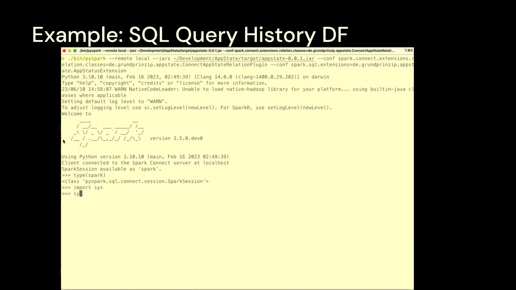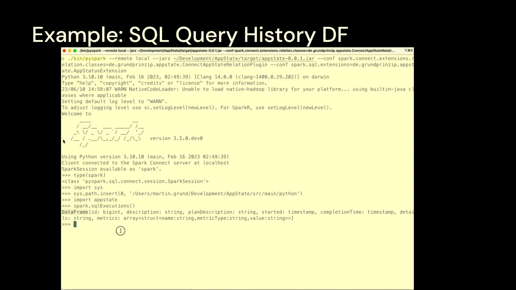And now, because my code lived in different directories, I had to monkey a little bit with the Python path. So I'm importing the app state. Once it's imported, it's already injecting itself into the Spark session. As you can see, I called this method now in the Python Spark session, and it's returning me the instance of the server side. Right now, I'm doing the same thing as I did before in Java. I'm reading the file from disk,